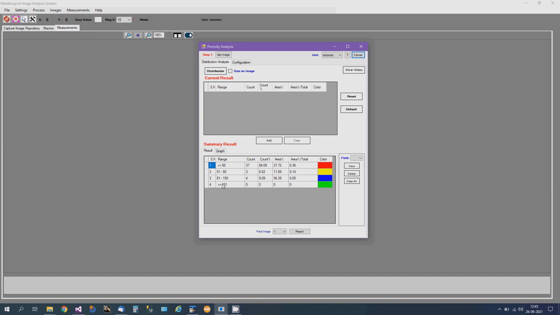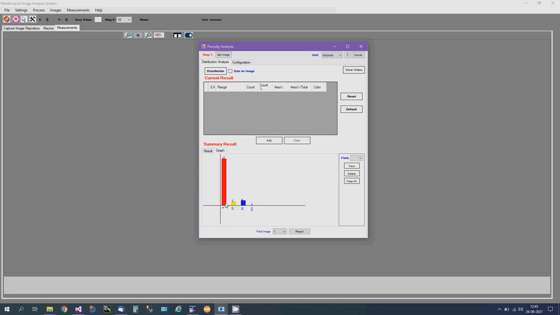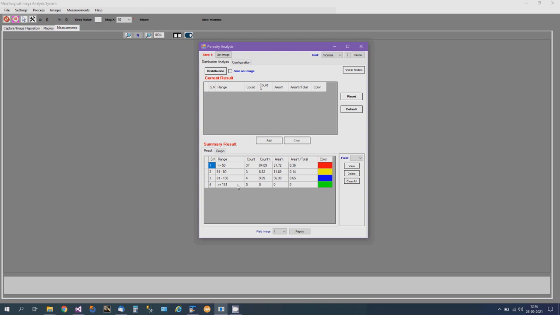This way you can add any number of images, 5, 10, 20, 50. There is no limit on the number of images that you can add to your consolidated result. The more the better, because the average will be more accurate. Now once you have finished your analysis, you need to see the result. Result is the consolidated result. Graph will be shown as per the bucket. First bucket 17 is there, second bucket, third bucket, fourth bucket. So this will be a graphical representation of your porosity. This is the actual bucket result.